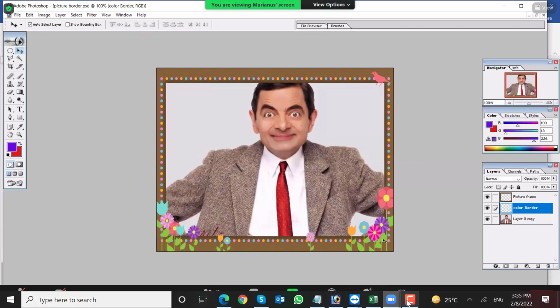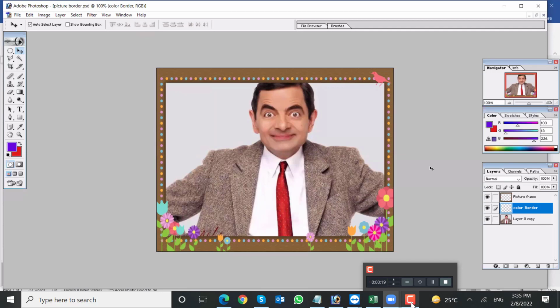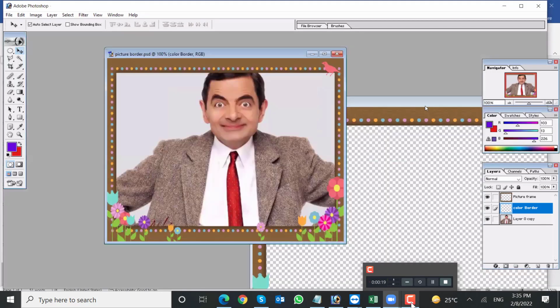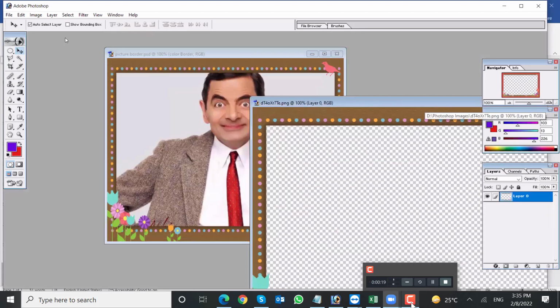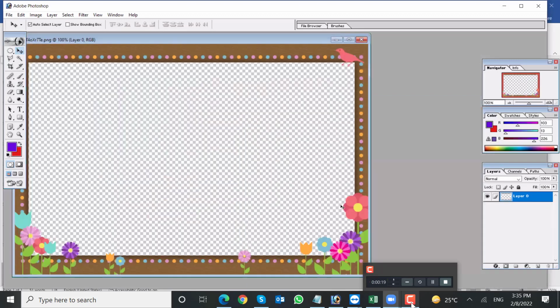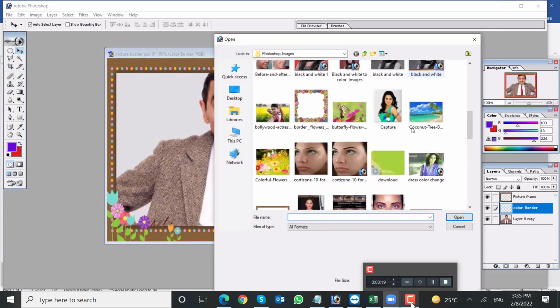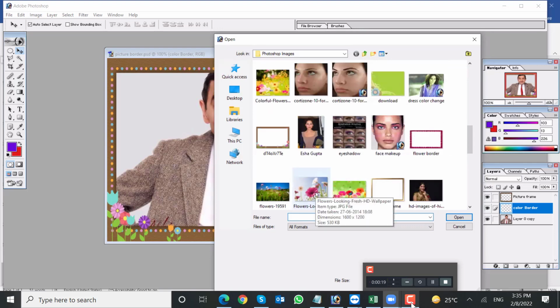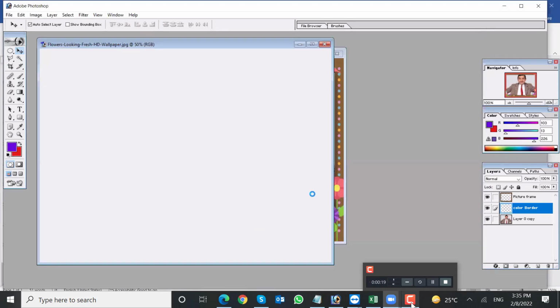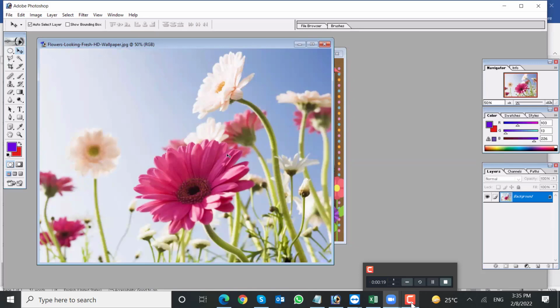Okay, then suppose, let's say for example, you want to apply borders of our own, maybe a picture, something like that. Suppose I want to apply borders only with this flower. So let me show you how we can do that. We can select any picture. Let's say I want to apply this flower as a border. So what we can do is we can use this